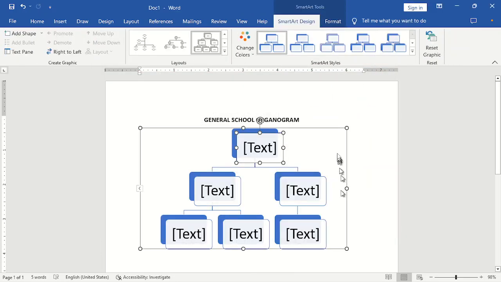As I click OK, I'm sure you're already used to this type of tabs. When you click on your SmartArt, you have SmartArt Design under SmartArt Tools, and then you have your Format tab under the same SmartArt Tools, which means these two tabs are what you need to work with your SmartArt here. Now, all you have to do is click on each of these text boxes